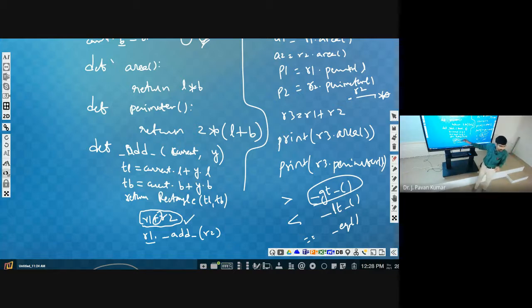If you give a definition to this particular one as we have defined here, can you give a definition for this greater than? Definition of greater than means we are expecting R1 greater than R2. So what does it have to compare? R1 dot L is greater than R2 dot L. Then only area is enough.